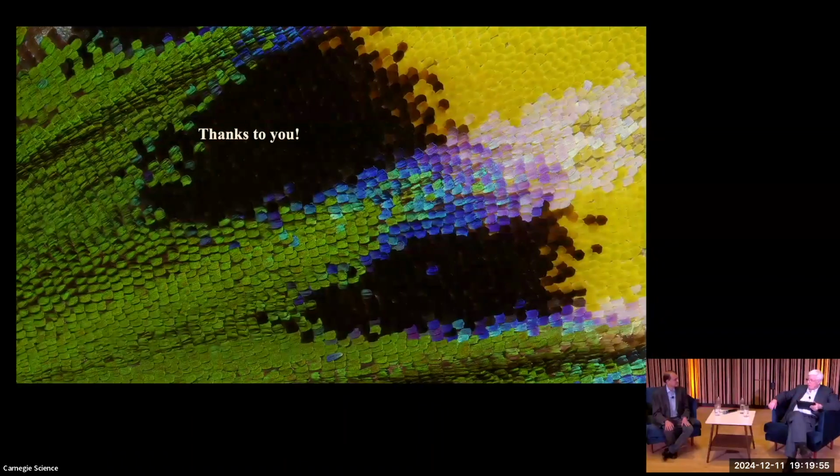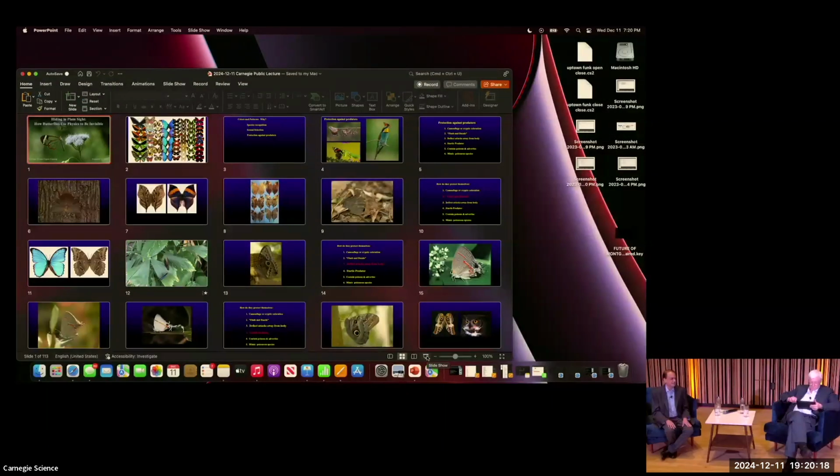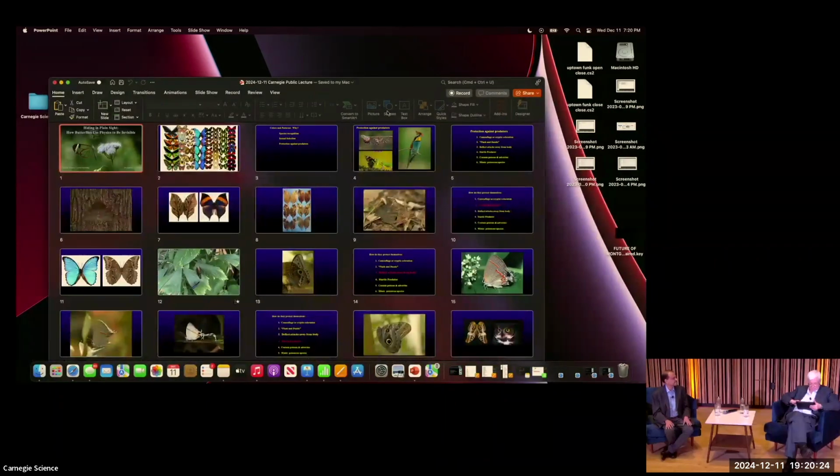Could you comment? There must be some kind of balance, because how long have we had butterflies with these colors just from the fossil record? I mean, how successful over many, many millions of years has this strategy been? It's been extremely successful. Butterflies and moths have been around for tens of millions of years, and they've had to deal with predators the whole time. There are even some fascinating fossils showing that these very ancient insects already had things like eye spots. Unfortunately, butterflies don't fossilize very well, so we have a very poor fossil record of them. But this is an arms race, obviously, that's been going on for a very long time.